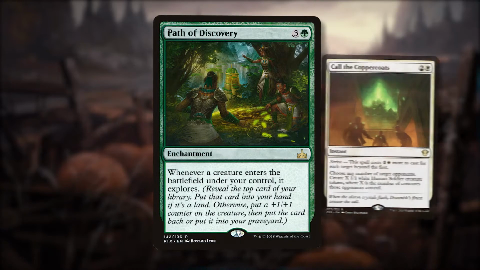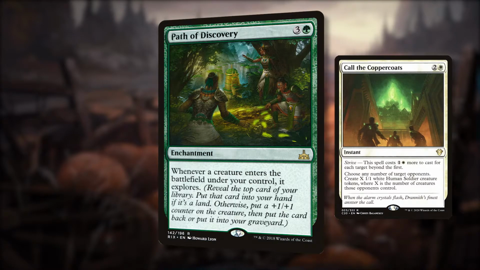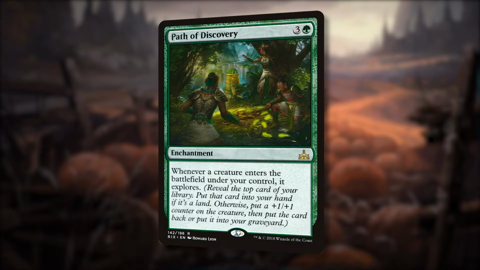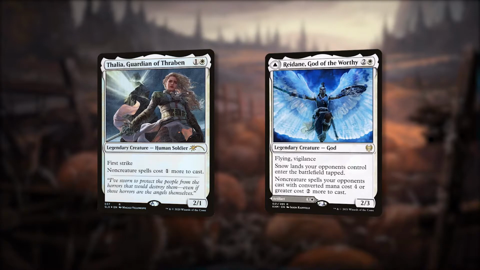With so many creatures in our deck, plus our ability to make additional tokens that will trigger Path of Discovery, we're inevitably going to get a ton of top deck manipulation, land drop fixing, and or +1/+1 counters, which will end up translating to a taller, more threatening board for us. Suddenly, already scary cards like Thalia, Guardian of Thraben are 2-mana 3/2s with extreme upside. Redain, God of the Worthy, is an already super terrifying card as is, but coming in as a 3/4 versus